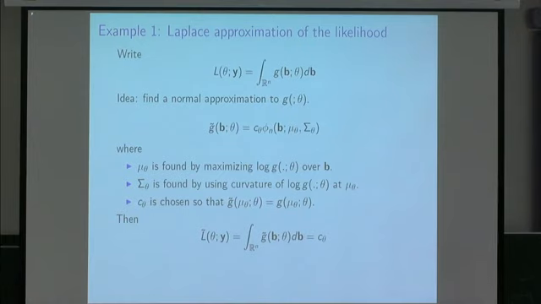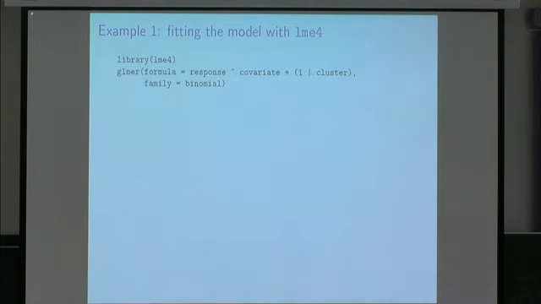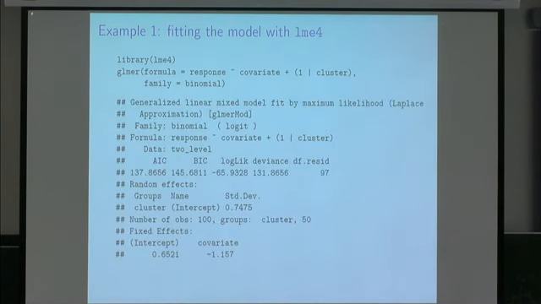The question then is really, is it going to be any good? So first of all, it's very easy to compute, so that means that it's fairly well used in practical settings. Just as an example, if you wanted in practice to find estimates for this kind of model, you might go into R and use this lme4 package, which is used to fit generalized linear mixed models. So you have a response which depends on a covariate plus a latent variable, which is the same for all observations in the same cluster. We have binomial observations. You press go and you get some numbers. And you have a little look at the numbers, and we find here we have point estimates for sigma, alpha, and beta in this case.